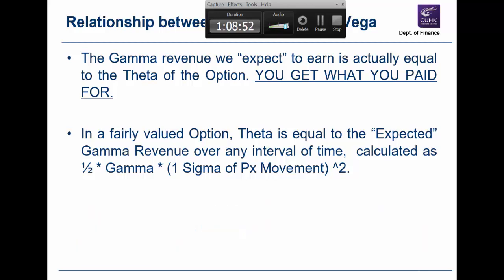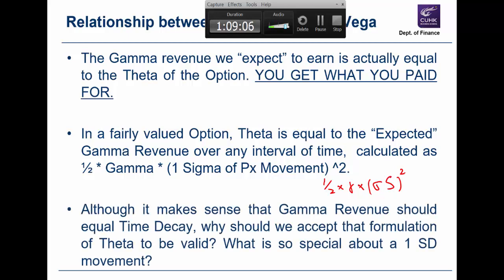This is no different from saying it's a half times gamma times 1 sigma of price movement, and then the square of that. That's all that is. It's just translating that formula into English. Okay. Now,